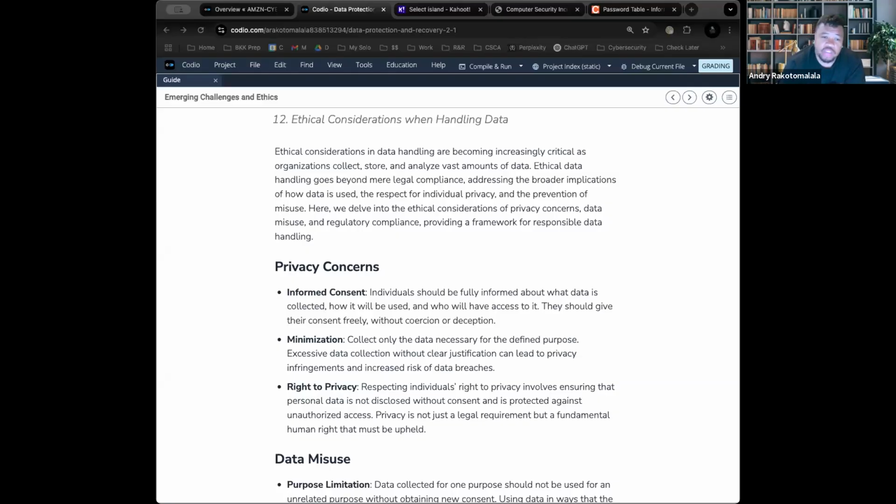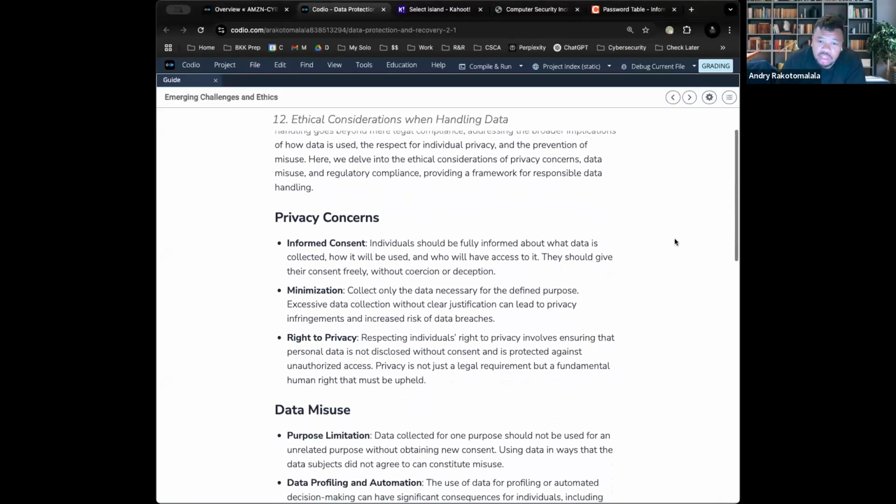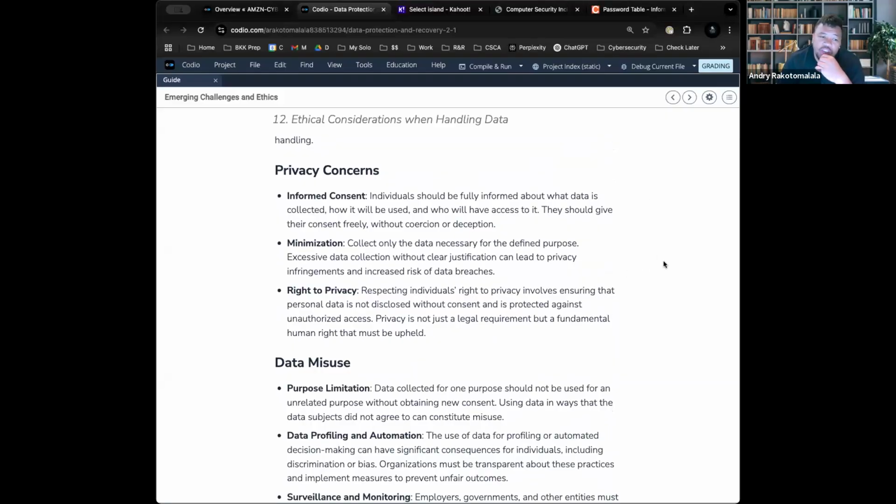There are ethical implications of handling data, which means that you need to keep in mind how you're using it. Typically when you work in an organization, they'll have a document that says this is how you should process and use sensitive information. Why is that important? Well, for one, you need to adhere to all the right privacy standards. One of them is informed consent. Informed consent means that individuals must know when data is being collected, who it's being shared with, and who has access to it. They need to be able to freely consent to that being allowed or to opt out of it.